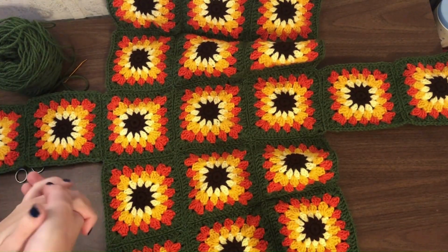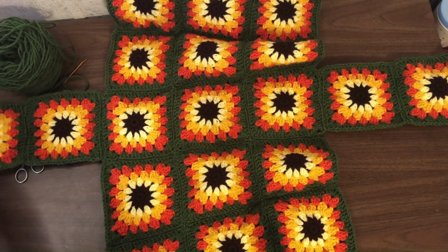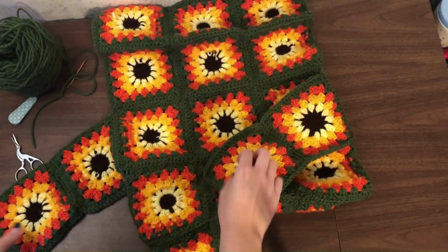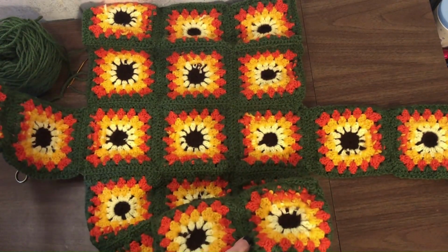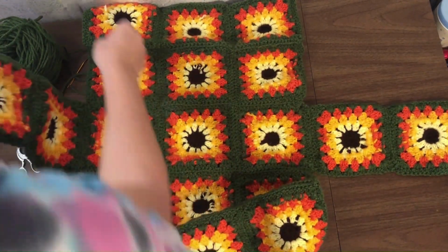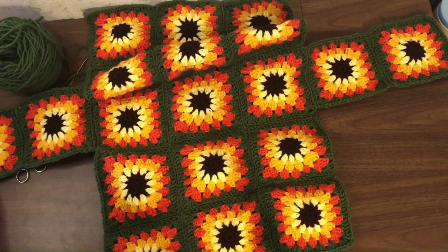So after you have all that together, the front side of the bag should look like this. And then go ahead and weave all the ends in. That way you don't have to worry about it later. So here's the back side. And then the way we're going to connect the sides is by turning our bag right side facing us, fold